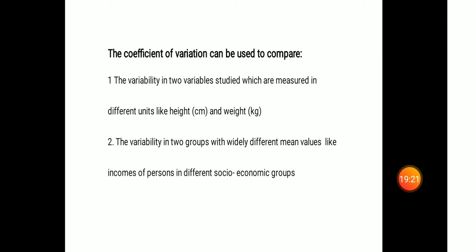Understood? When we go through the data on pulse rate and respiratory rate, there also we can see that the pulse rate is more consistent than respiratory rate. So this can be measured only by using coefficient of variation. That is what we were mentioning, that if the two sets of data are measured in different units, then we cannot apply standard deviation, then we will apply coefficient of variation only.